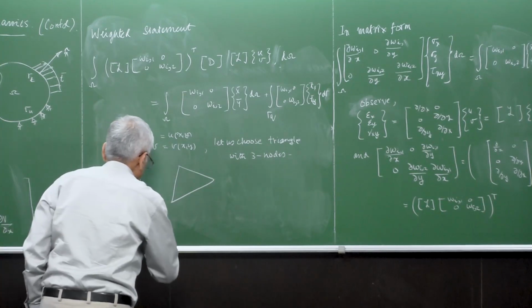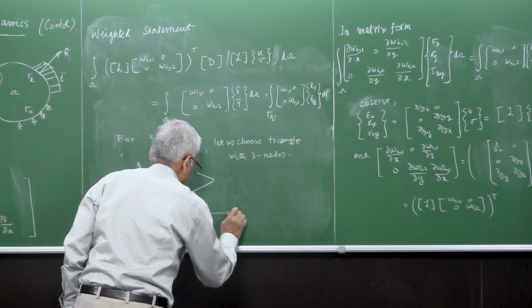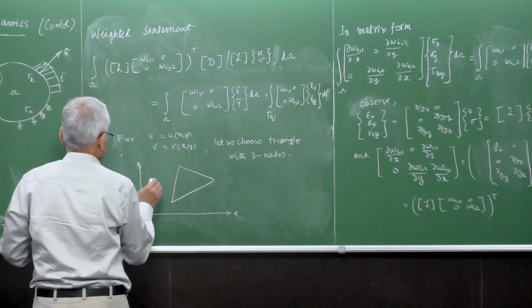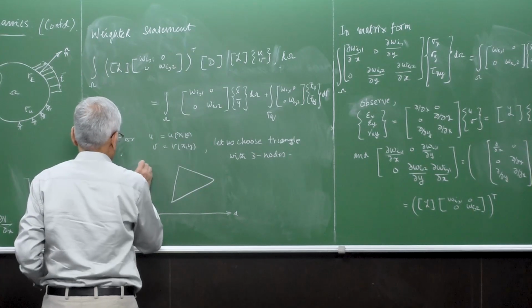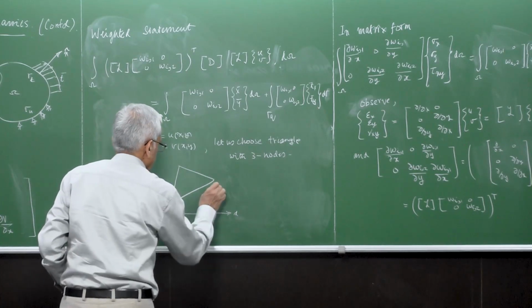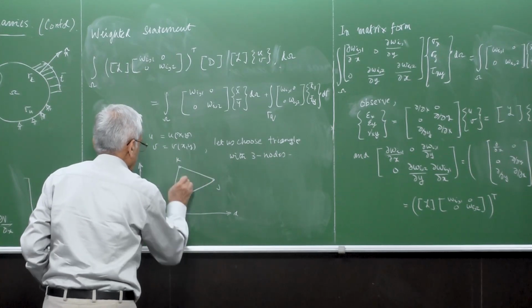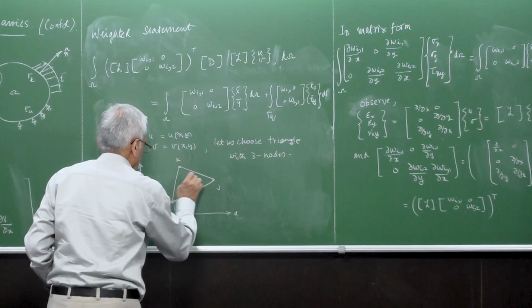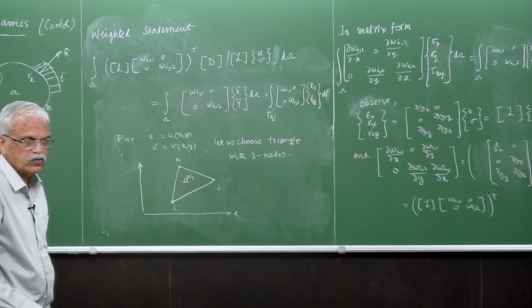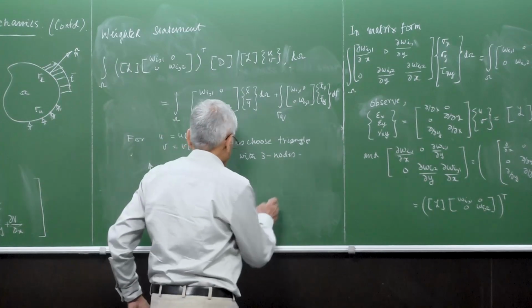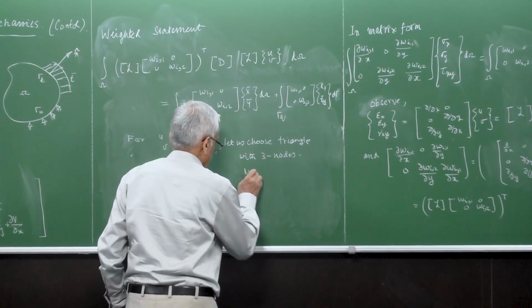The whole domain, so this is a typical element with i, j, k as nodes, and then this is a triangle. So where we have discussed this